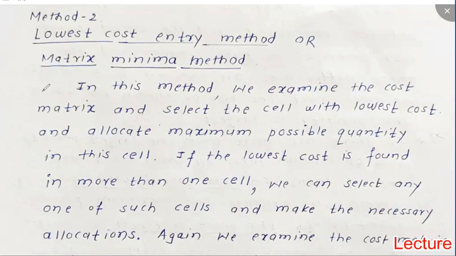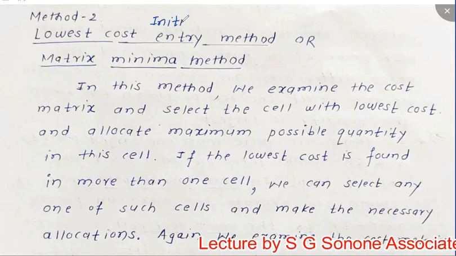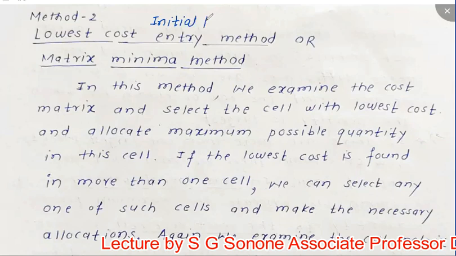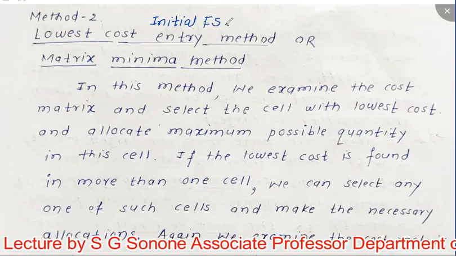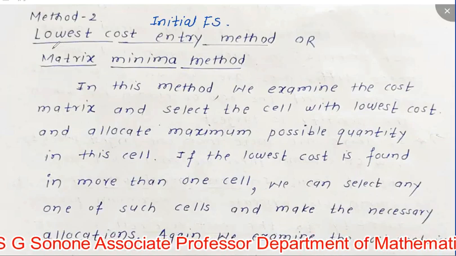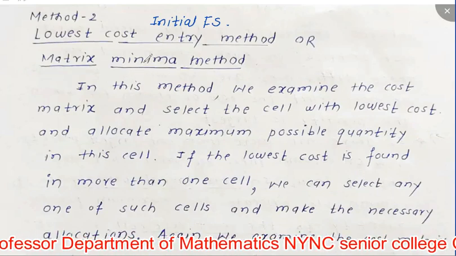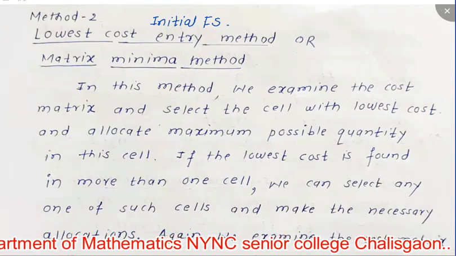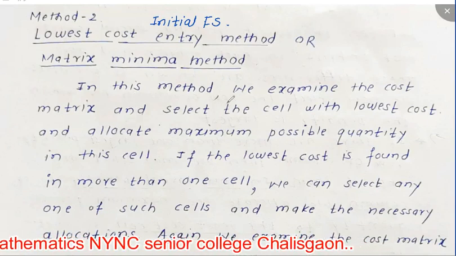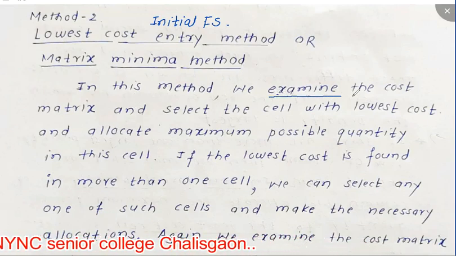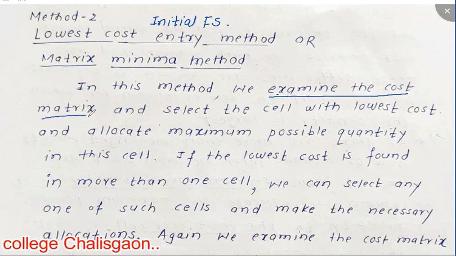Let us see the second method to find an initial solution. The method is the lowest cost entry method, or matrix minima method. In this method, we examine the cost matrix of the transportation problem and